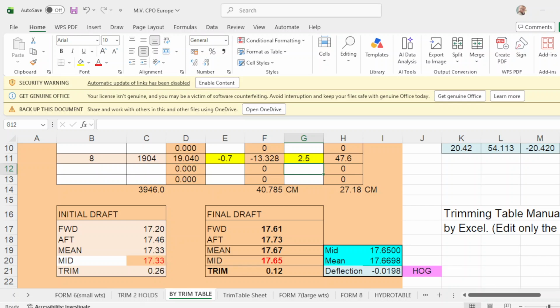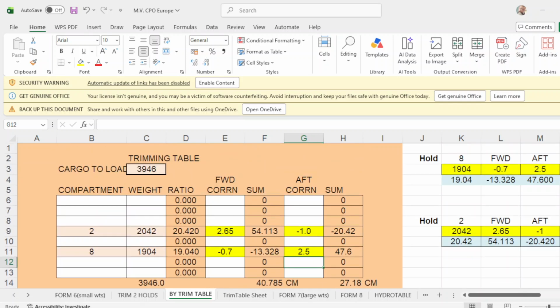Okay, so you go up. The trimming cargo to load is 3946. Your trimming holds are 2 and 8, and this will be the weight you will load in hold number 2 and hold number 8.